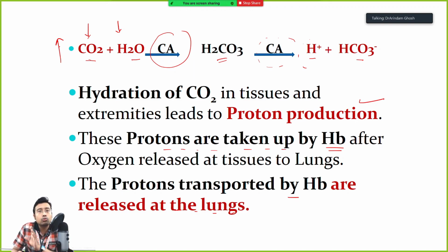However, in the lungs, there is too much oxygen and very little proton. Since it's an equilibrium, whenever there is a high reactant on one side, it should always go to the product side. So hemoglobin now combines with oxygen to form oxyhemoglobin, and that leads to the loss of proton. So it will give the proton to the lung. Why give it to the lung? Because lungs also need protons. Now in the lungs there is bicarbonate ion, which is a much stronger acceptor of proton. So it says to hemoglobin, you take the oxygen, give this proton to us. With the proton, carbonic acid will form and it will leave the lungs.